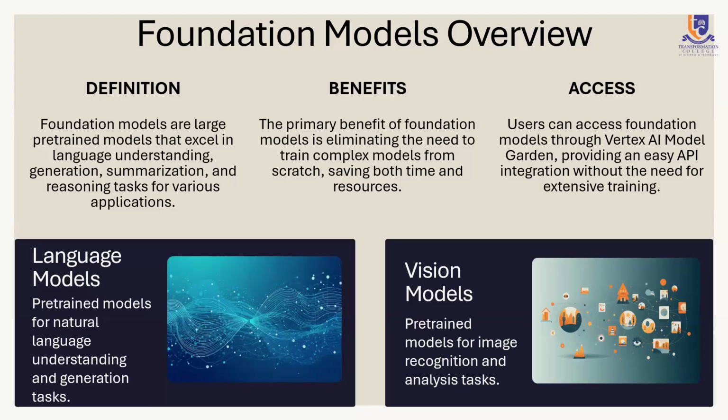And the difference between a language model and a vision model is the type of data they're trained with. A language model will be trained with a lot of language, a lot of English text generation, code writing, right? While for the vision model, we train on a lot of images, so we can identify different things, identify different people, and so on. So that's a brief intro to foundation models.